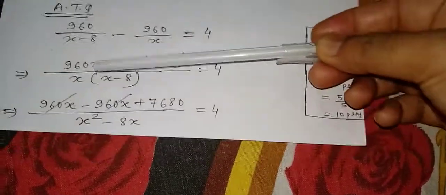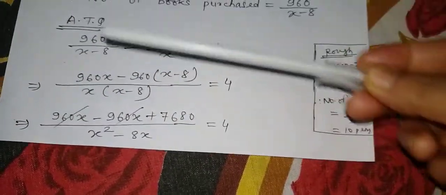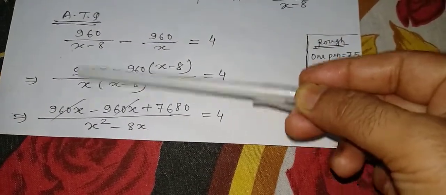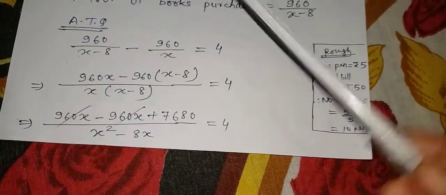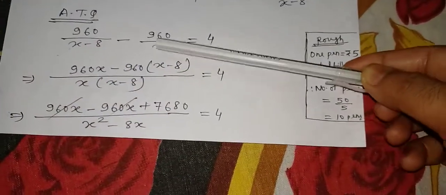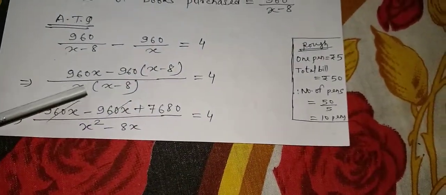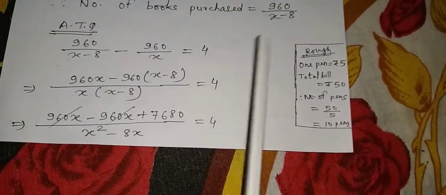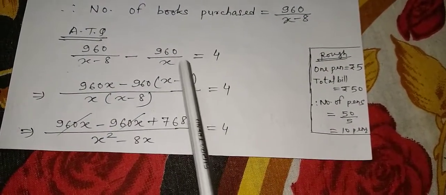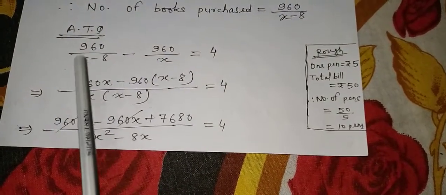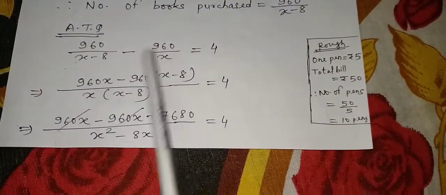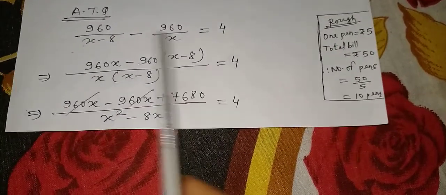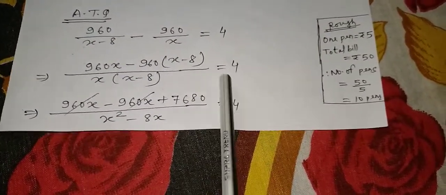Or I can say it is like a hiding kind of LCM. If it is 8 minus x here, you hide x minus 8, so this remaining x will multiply with 960. And when you hide x here, then who remains? 8 minus x. This will multiply with 960. That way also you can do, or this x will multiply with this and x minus 8 will multiply with 960. That way also you can do. So by doing that, this came. And the lower part, both are the LCM, equal to 4.